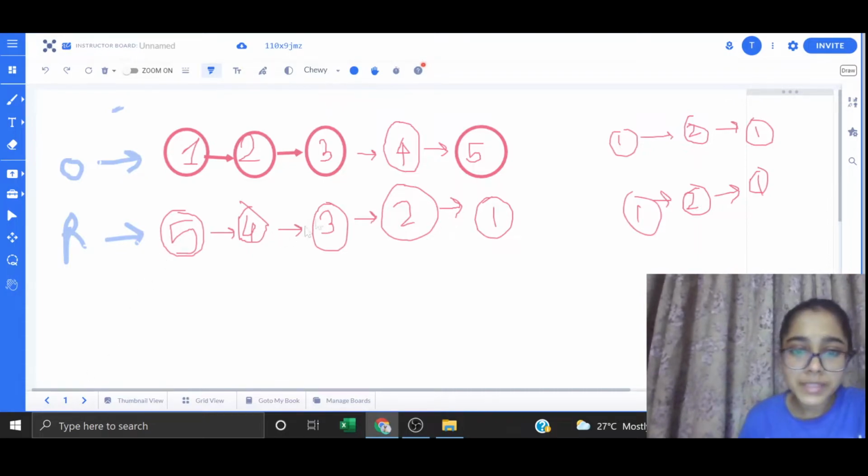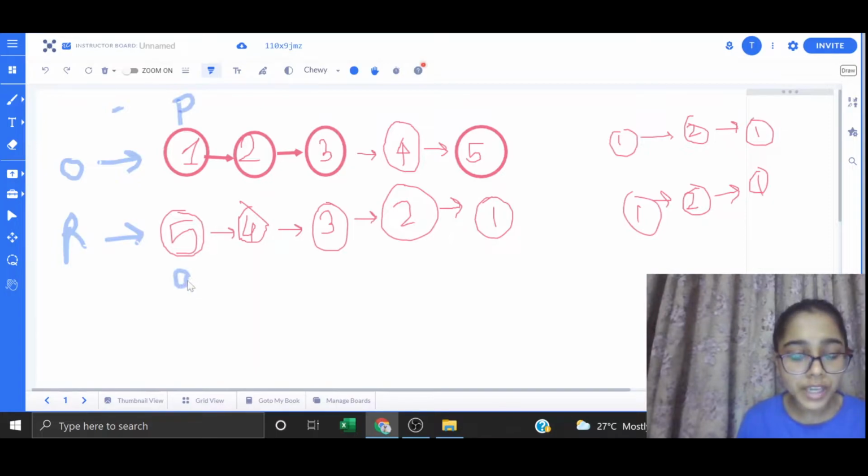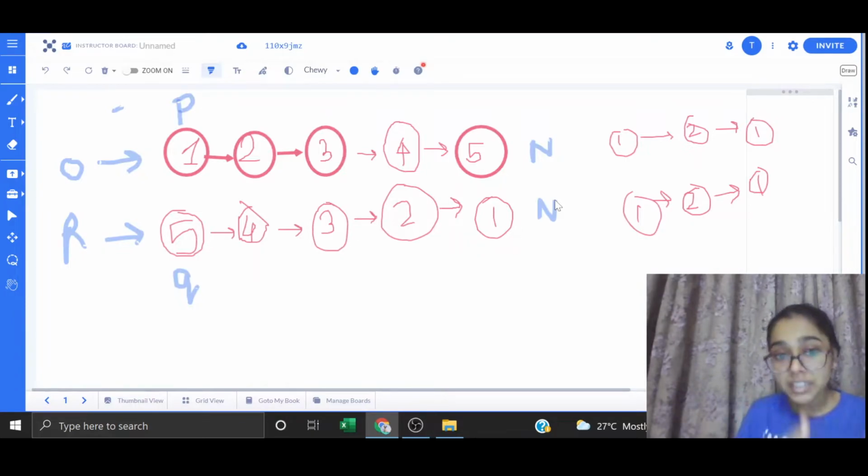So here I've reversed the linked list, and then what I will do is keep a pointer on the head node of one linked list and another pointer on the head node of the other linked list. Okay, and now we will move the pointers till they reach null. Here is our null. So we are going to traverse the whole linked list and at every node we are going to check whether the value at that node is equal to the value at the other linked list. Like this is the reverse linked list, so this will be the other linked list that we will be creating.